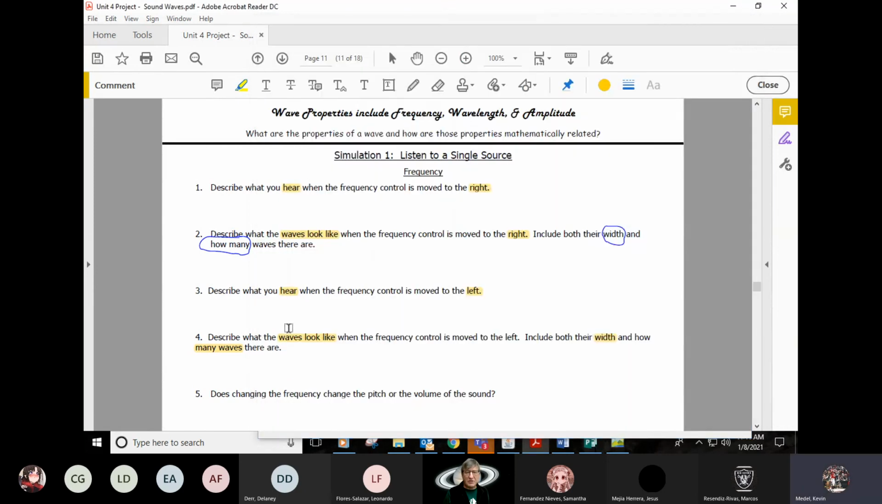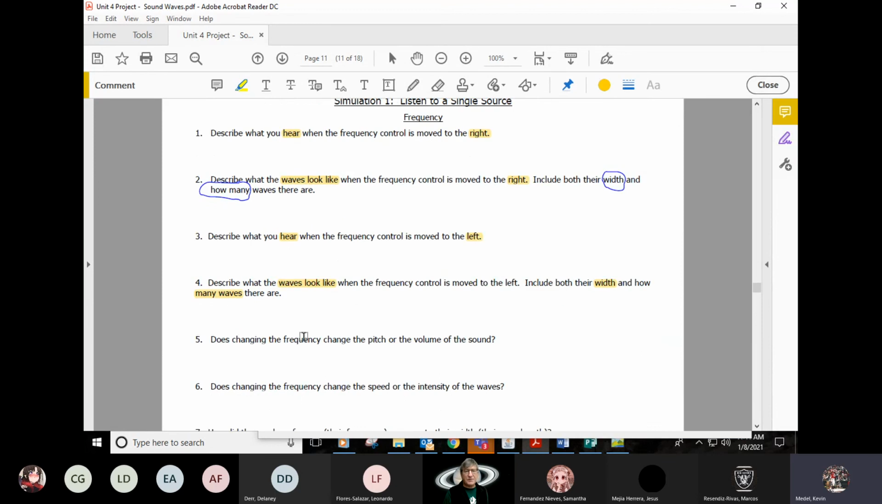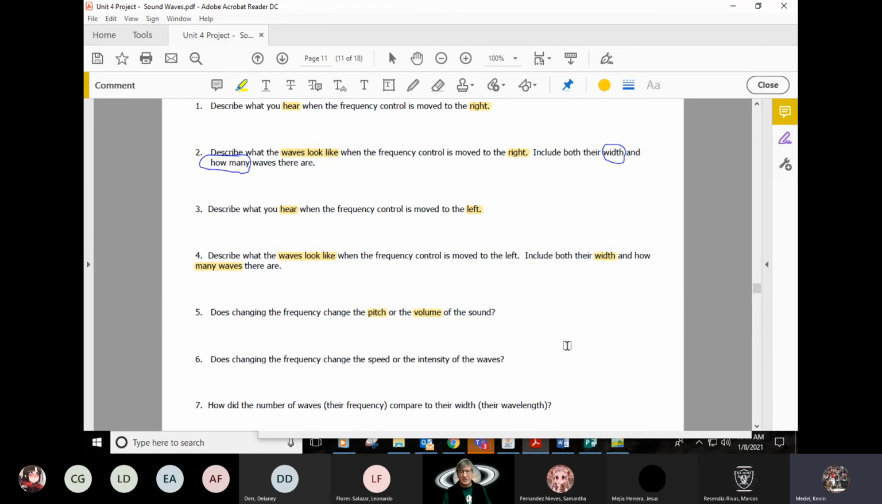And that takes us to question 5. When we changed frequency, did this change pitch or did this change volume? Did it get quieter and louder, or did the note rise and fall? Was it pitch or volume? And question 6,